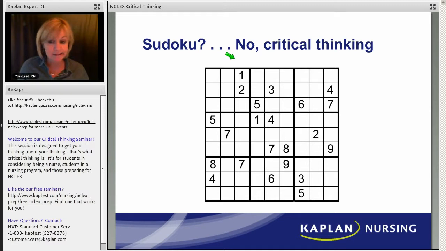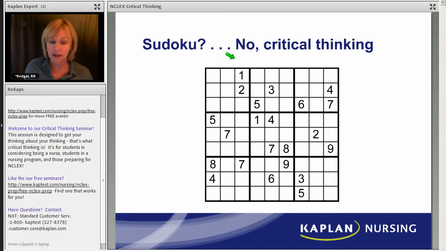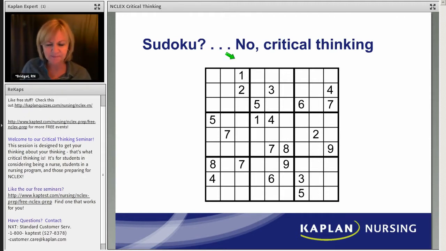Oftentimes when we're preparing, there's a lot of anxiety, right? Because you don't know what the day is going to bring. And that's the way that nursing is, because you don't really know what's going to happen. Even if we plan out our day, we don't really know what's going to happen. But we're always, in every instance, trying to make the best decision possible. Just like in this game, right? We're trying to make the best decision with the information that we have. And that's why it's very tiring being a nurse, right? So in clinical, you were taking the information that you had and trying to make the best decision possible.